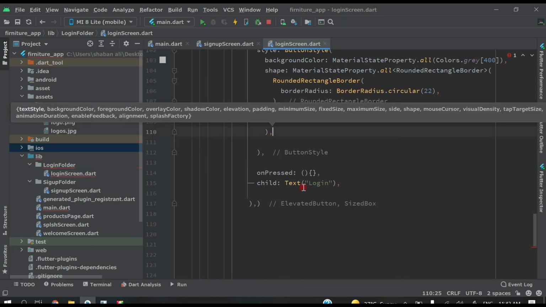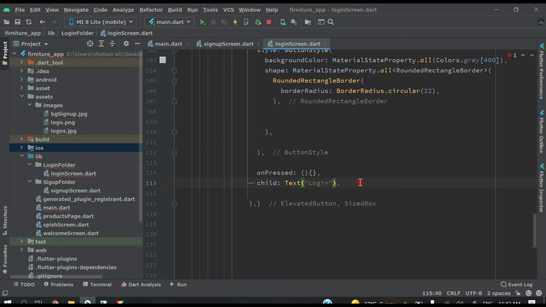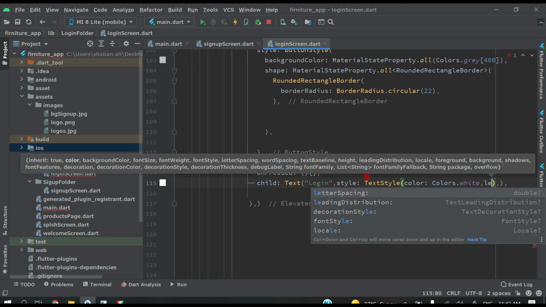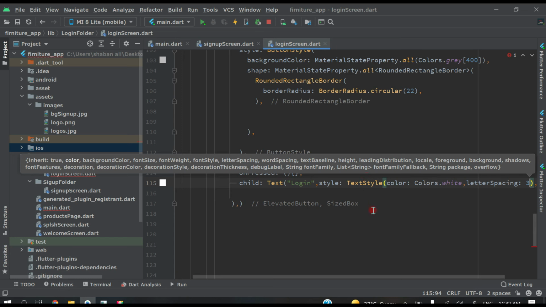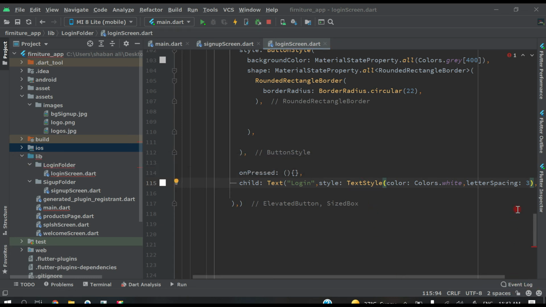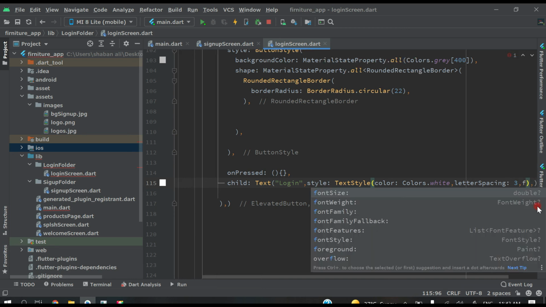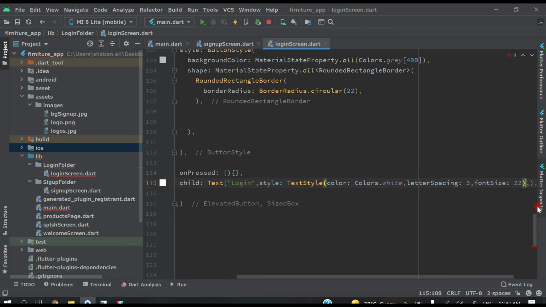And then after this, let's style this login text. So style, text style, and color will be white, and letter spacing will be 3, and font size will be 22, font size 22.